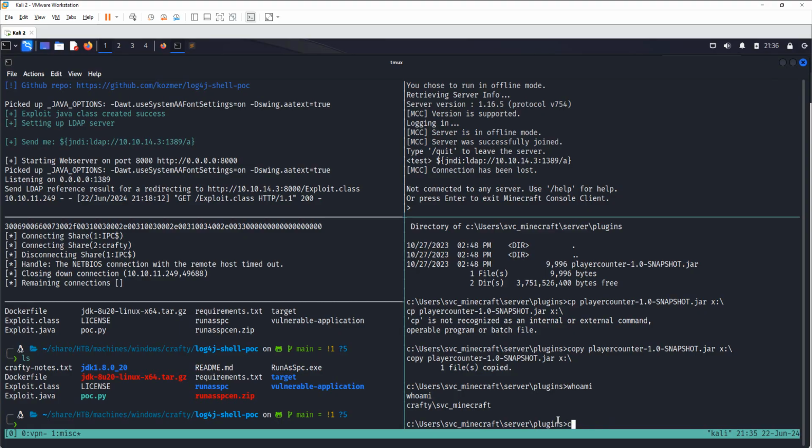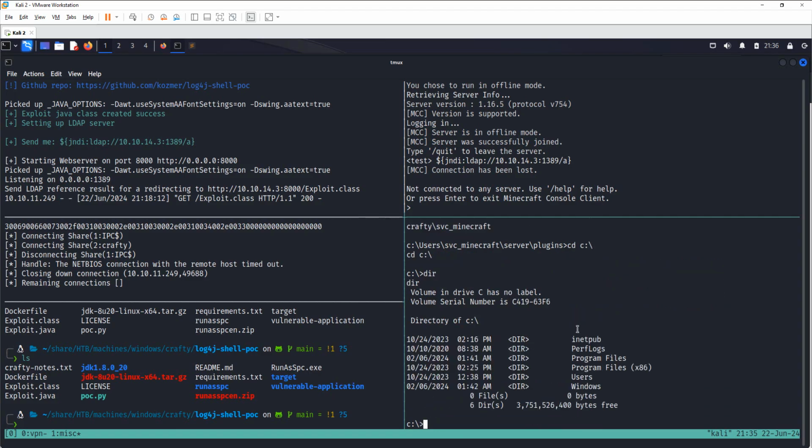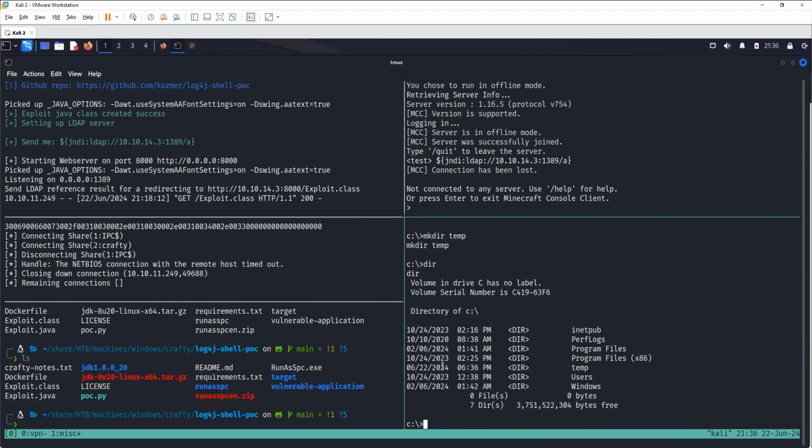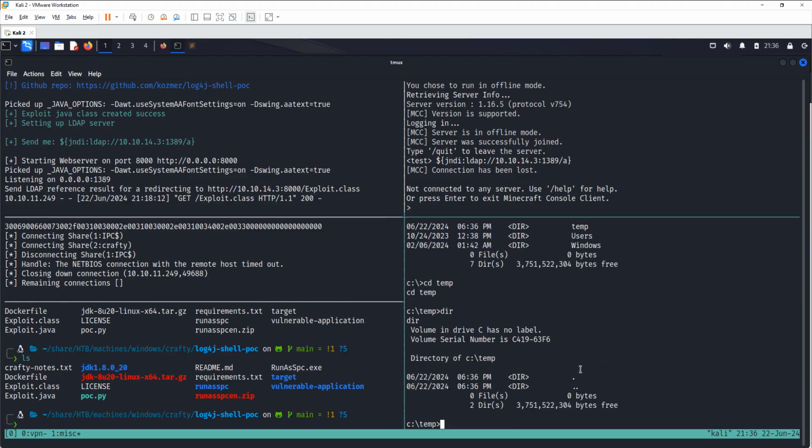So let's go back to our C folder and see what we have. dir. Okay, so we don't have temp here, so we can make a directory and we call the directory temp. All right, if we do dir, now we have temp. So this is our directory. We can go into temp and do dir, we don't have anything in here. So now we can copy